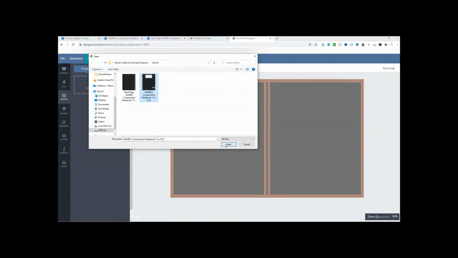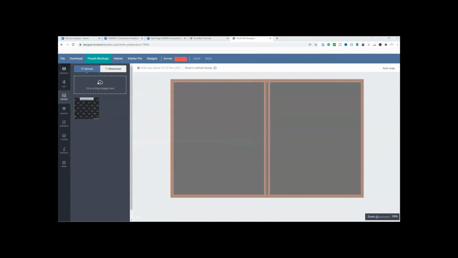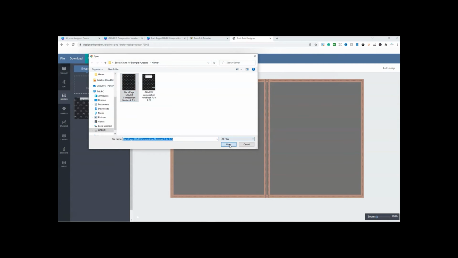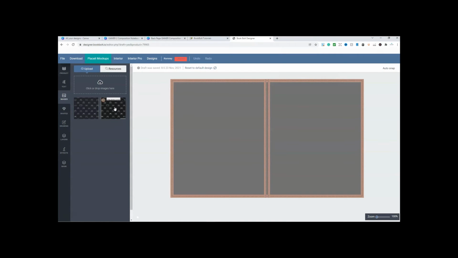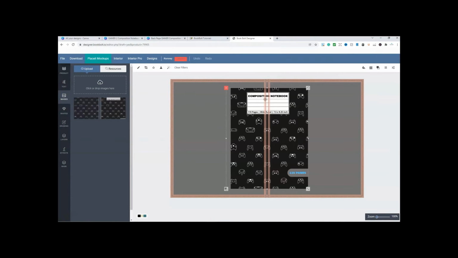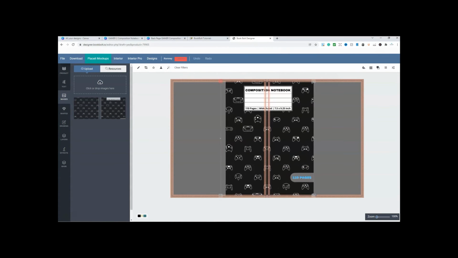So I do the front cover, then I download the back cover. And now the next step is to click on that once, and it brings the picture right here. What we now need to do is extend this picture down to this first dotted line. Now when I was first using BookBolt, I was dragging it all the way down to the bottom. But I've found that I get a better trim line if it's just to that first line, because beyond that